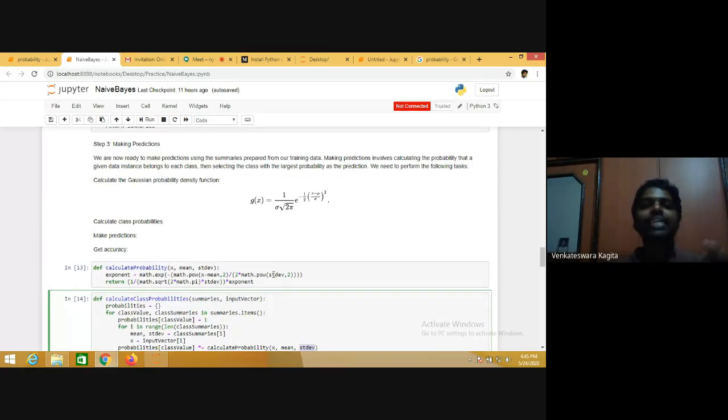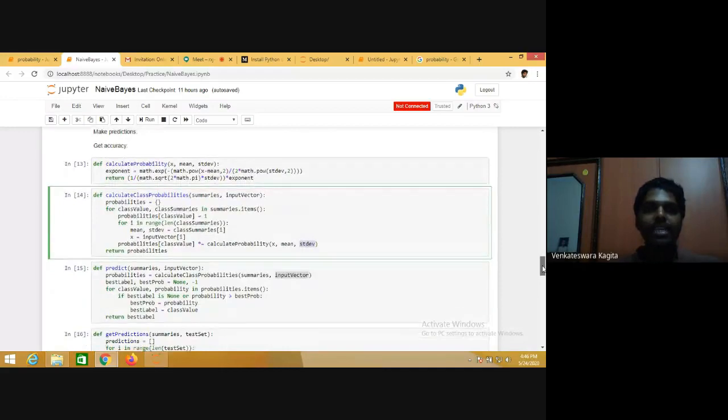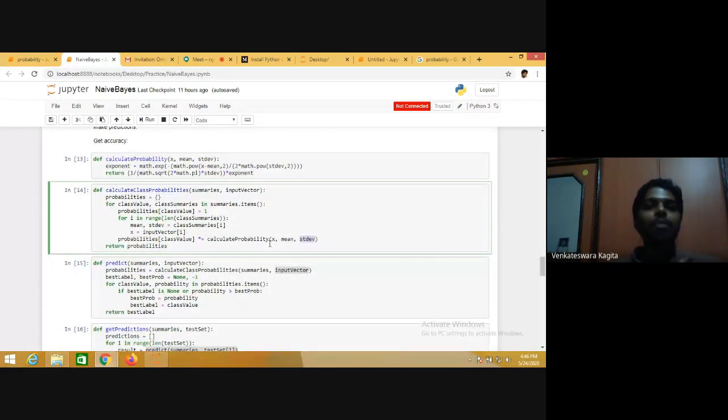So what is the probability for a given x? This you are calculating for each and every attribute and for each and every class. Once you have this probability for each attribute, you are multiplying all these probabilities. And this you are repeating for different classes: probability of class 1, class 2, class 3, as many classes as you have.